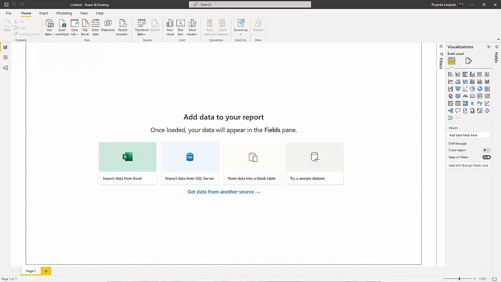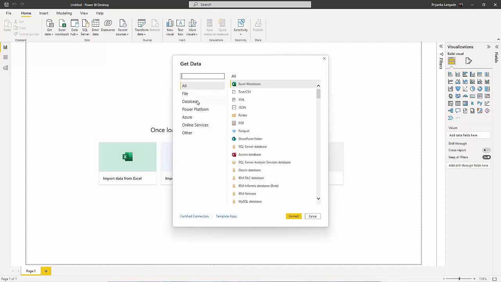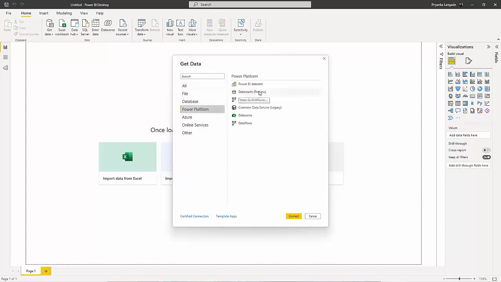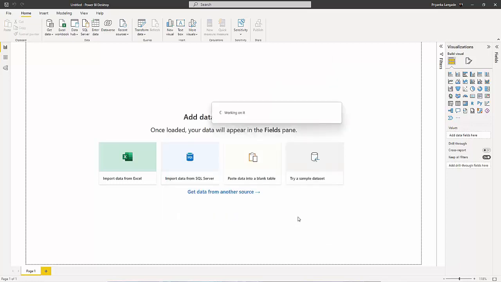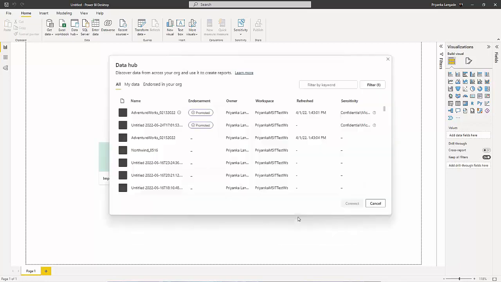We are super excited to announce the update on connecting to data mart through Power BI Desktop. When you create a data mart or one of your team members shares a data mart with you, you can now easily discover the entry point to connect to data mart from the Power Platform section under the Get Data experience. You can also search for data marts within the Get Data experience. Once you click on Connect, you will be able to see all data marts that you have access to within the Data Hub experience. With this new update, we are excited to share that clicking on data mart provides you